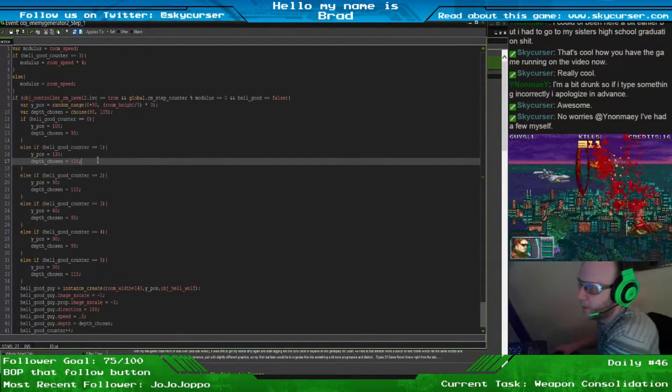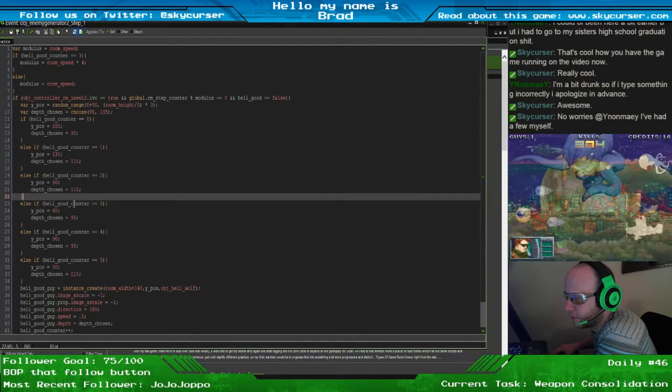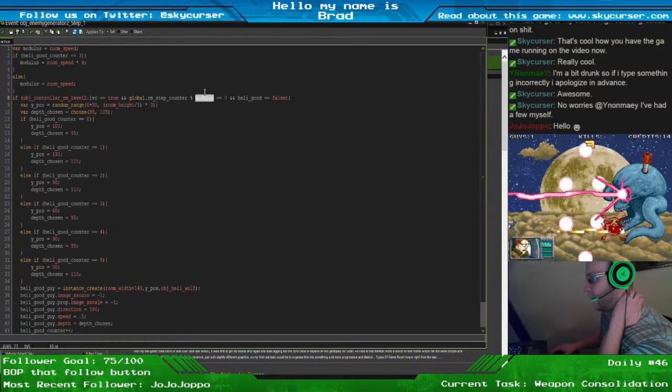Alright, so heli good counter equal to 3. So modulus is not evaluating properly here. Room step counter, and I've actually got an idea